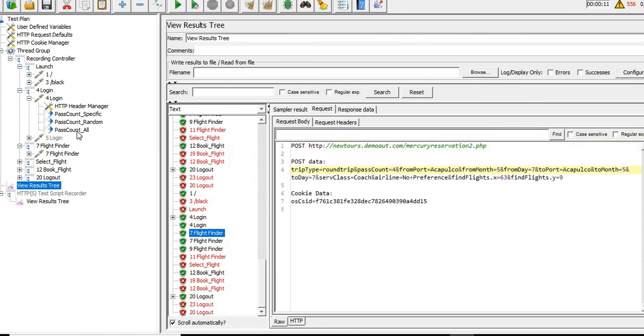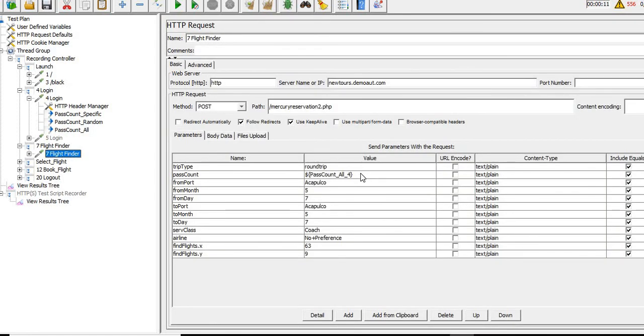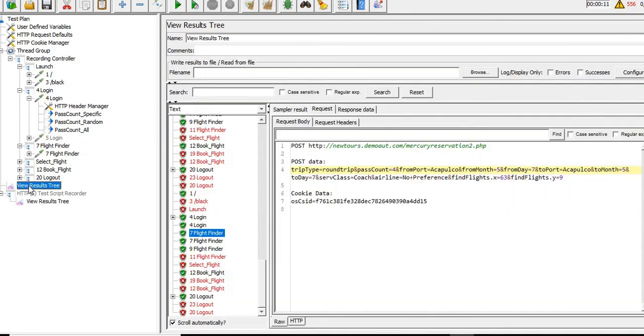Let me tell you one more scenario. Let's say in this specific request you forgot to put any parameter, and simply pass the same variable name which was there. What will happen? Let me show you.